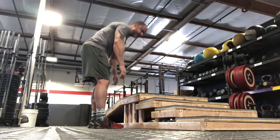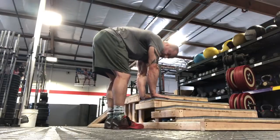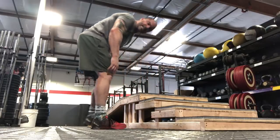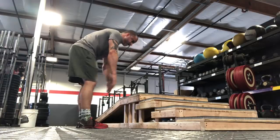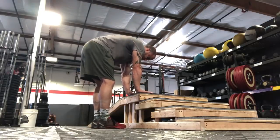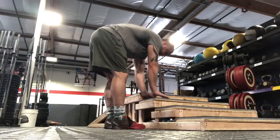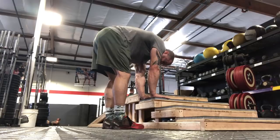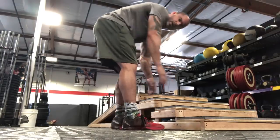Active, and then relax. Once I do that, I'm going to move over and do the same thing on a lower step, still a slight bend in the knees. I don't want them locked out. But what you're going to find is, let's go back to this. If at the beginning, this is all I have, then I get into this drill, push, breathe, pushing with my abs and my hip flexors, relax, go down to this one. Slight bend, push, really hard, pushing, slight bend, relax, come on back, and we're going to go to this one,